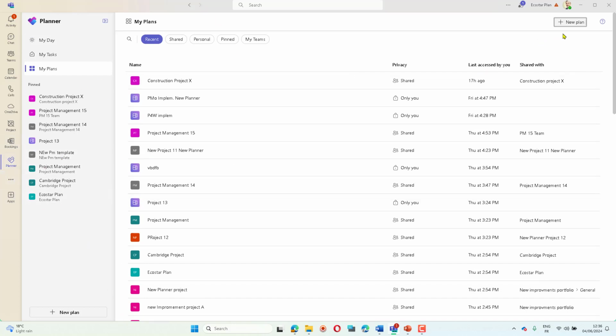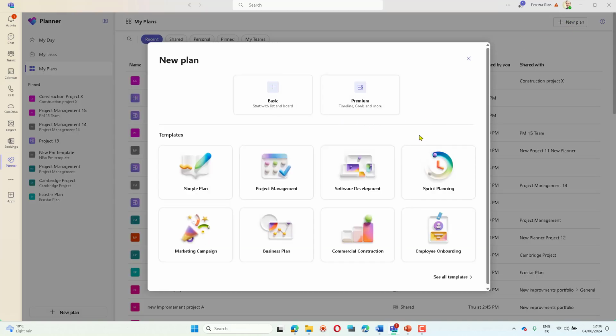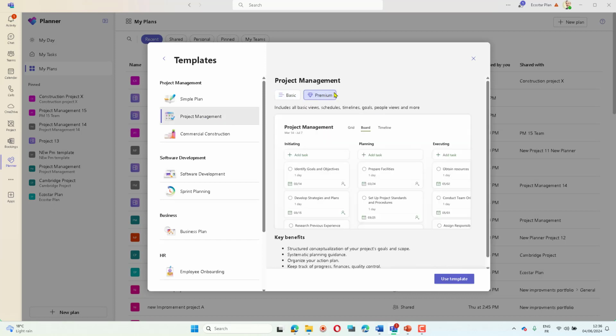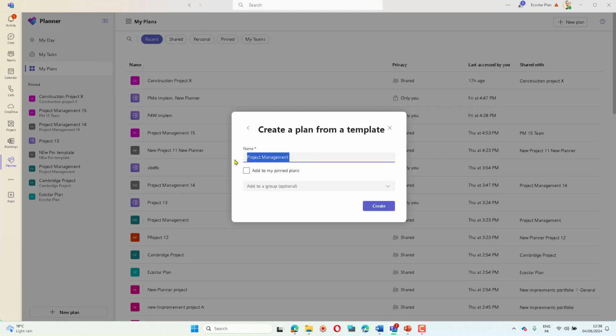Next step would be to create a new plan. So let's go and say new plan. We have the possibility to create a basic one without a schedule and a premium one with schedule or timeline, goals and some other features. I will choose a project management template. And on the project management template, we have again the possibility to have a basic one or a premium one. The premium one has the schedule, goals, and the new functionalities. I will use this template. Let's say engineering